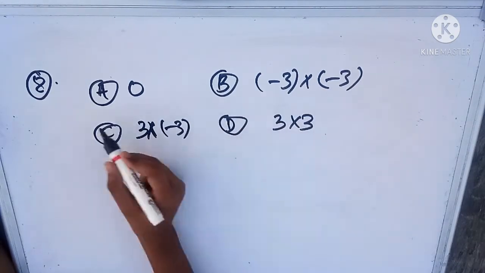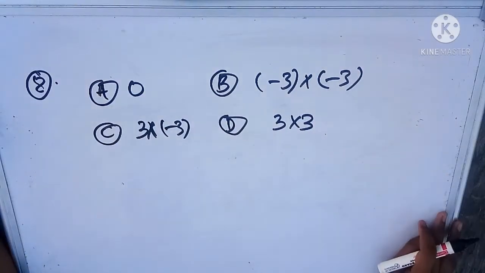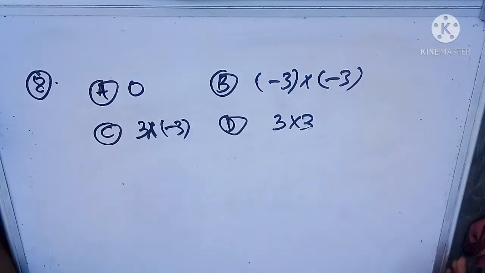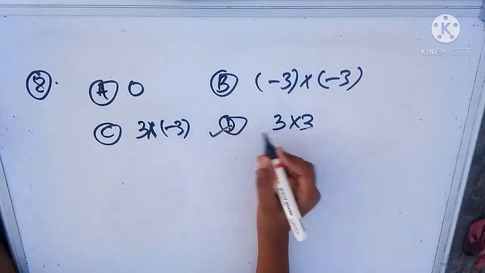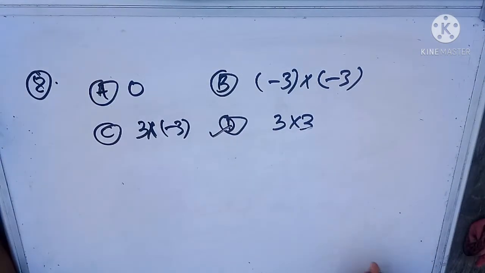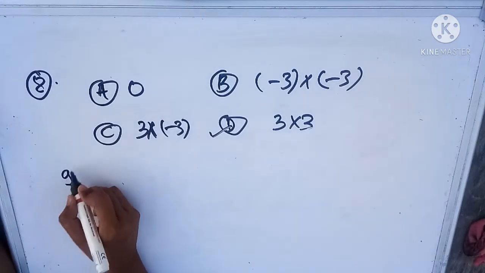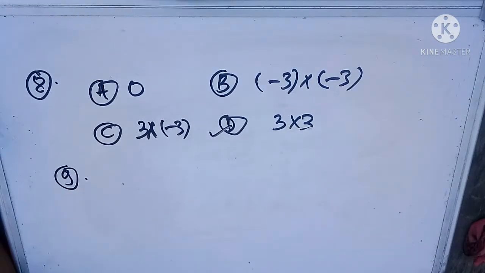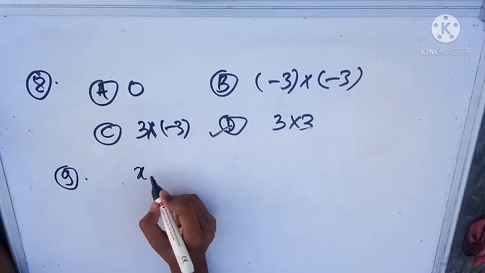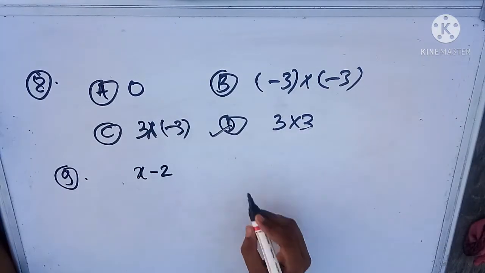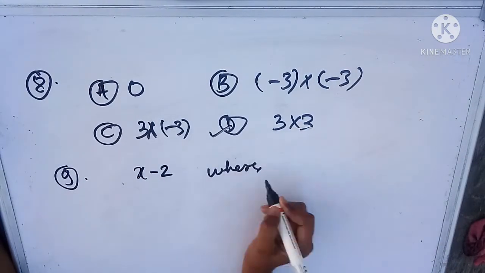So these are the options A, B, C, D. We have to find the positive number from this. Here clearly we can find the positive number, that is option D, 3 multiplied by 3. The next question, question number 9, says: find the absolute value of x minus 2, where x is less